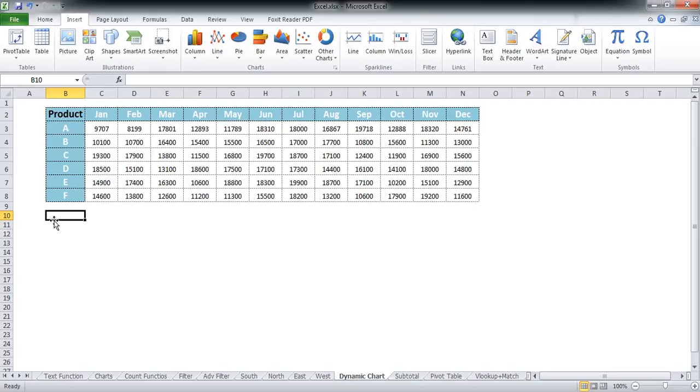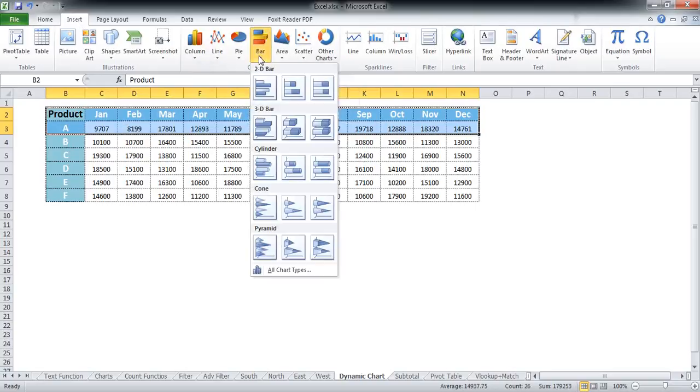And it is an absolute choice for managers and top level management when it comes to representing data. And so let's just begin with creating one of the bar charts in Excel. And like all charts, the process of creating a bar chart in Excel begins with selecting the data first. So I'm going to select only one of the products in my data to represent a bar chart, and then go on to the insert tab, go on to the bar drop down over here, and then click on